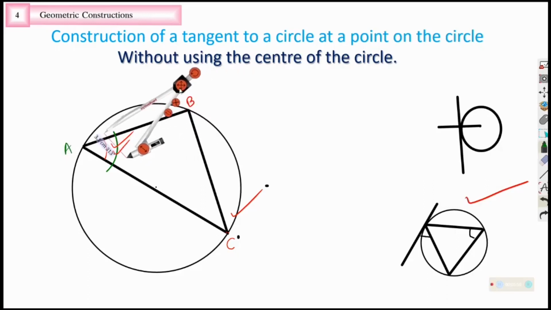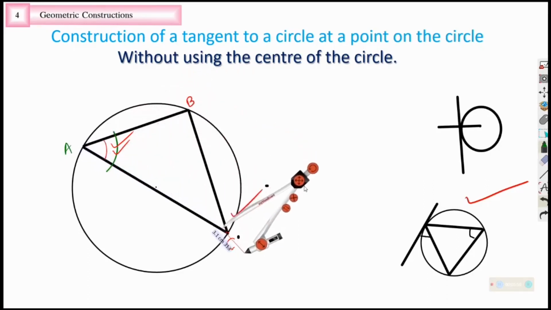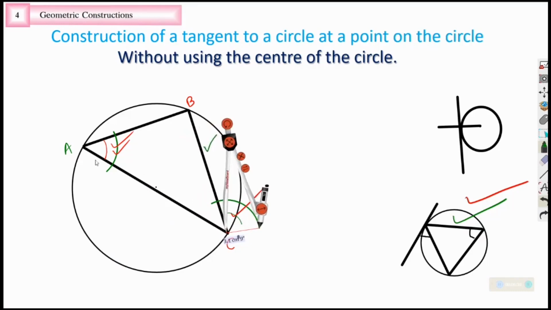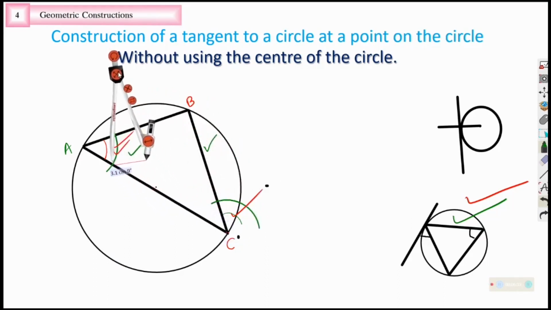Take the measure of this particular angle like this and come here where we want to copy it. That angle will be copied here because we know that there will be an angle here which is measuring equal to it, and the tangent will have that angle according to this principle. So I will do one thing, the same compass, मैंने disturb नहीं किया है compass को, I will draw the same arc over here. This one and the tangent will have an angle equal to this. So I got this. Then I will copy the expansion as usual.